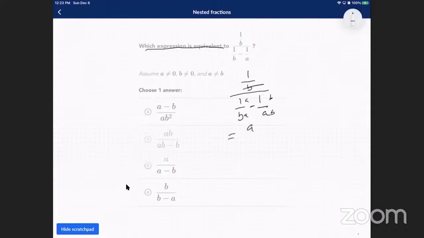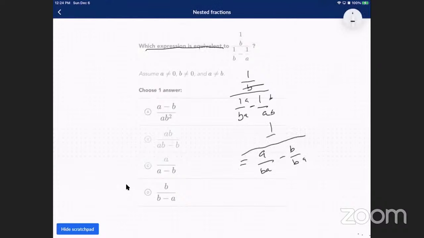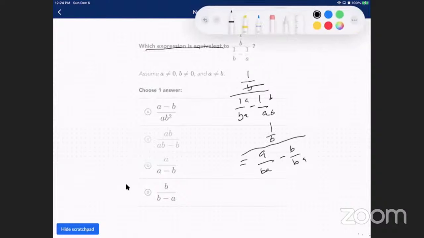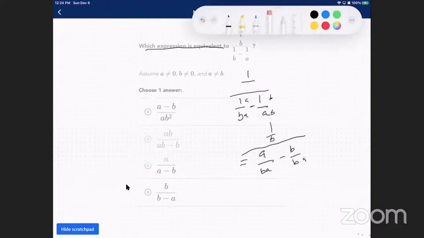And then we would end up with 1a over ba minus b over ba, right? And then you still would have 1 over b at the top. So let's bring that down, like that. I don't think I'm going to do that just yet. So we're just going to have it where,